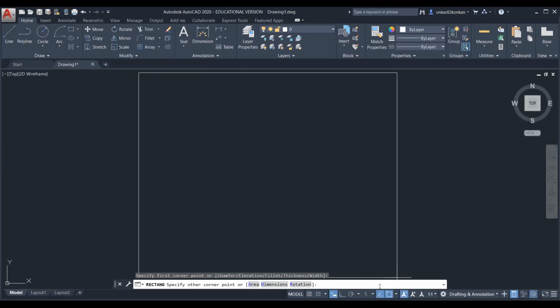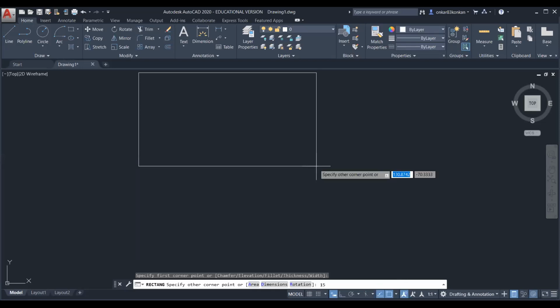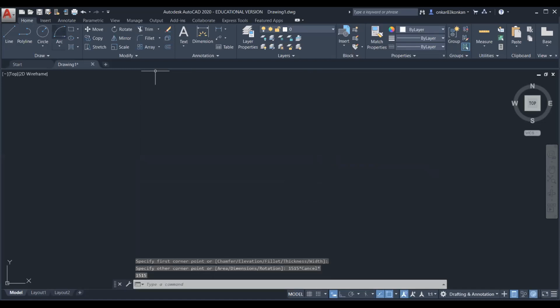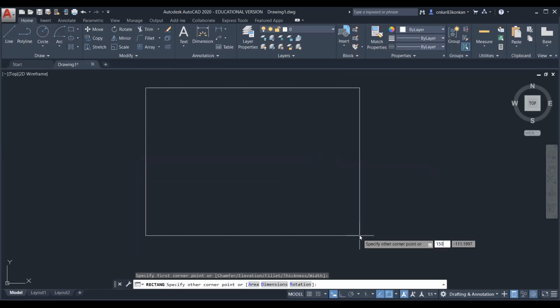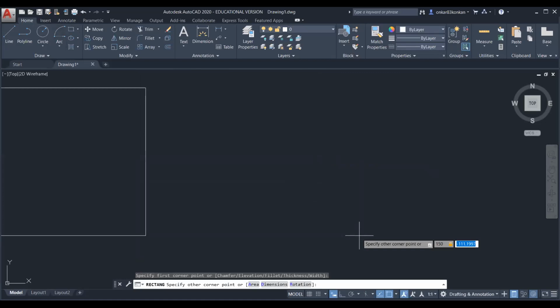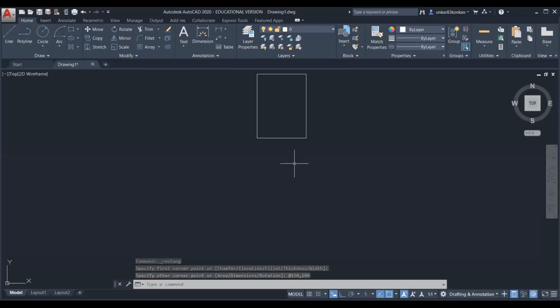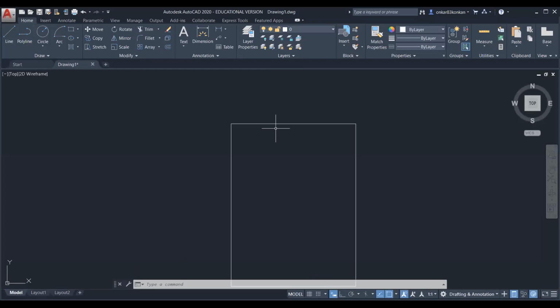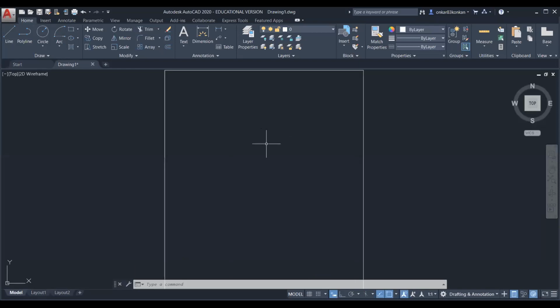So you can take the width of that rectangle equal to 100 mm, or you can take it as 150. Okay, so in this way you can draw one reference box, that is a rectangle.